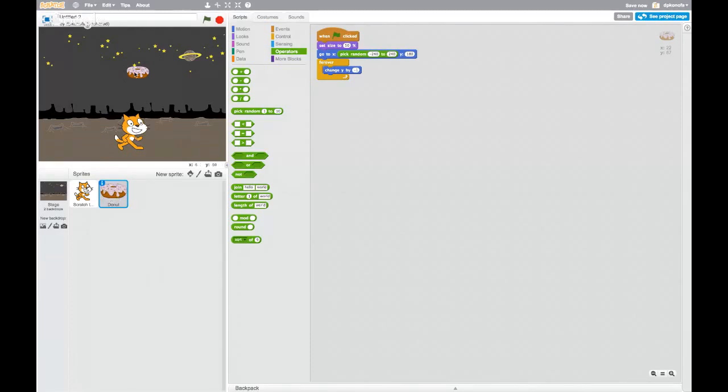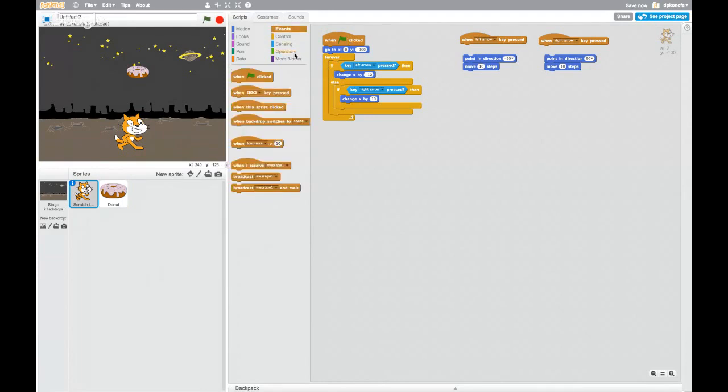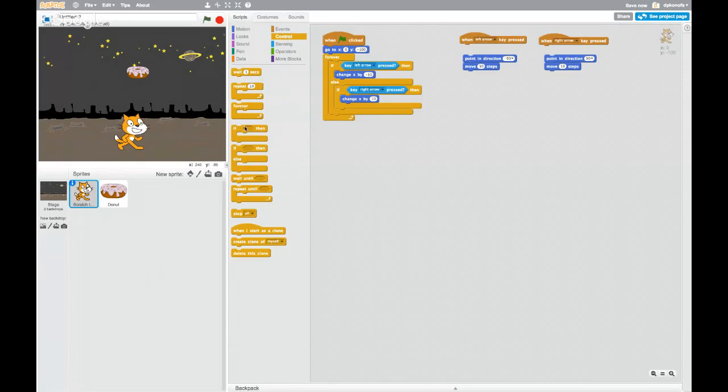Do we want the donut to check if Scratch the Cat is touching it, or do we want Scratch the Cat to check if he's touching the donut, and then update our score from there? In this case, we could start off with Scratch the Cat and say, in our little loop here, we can also check if he's touching a donut,